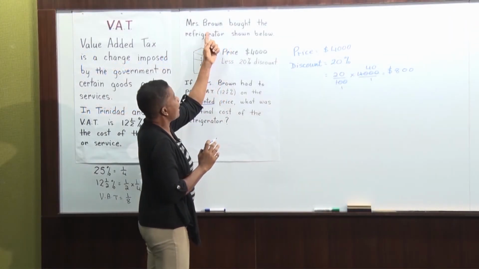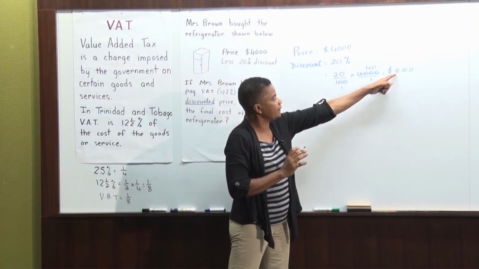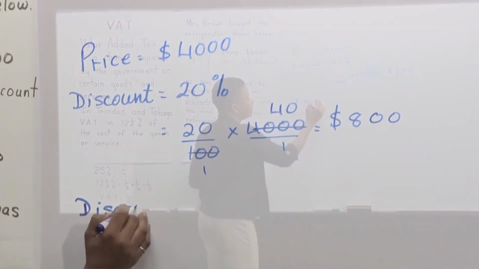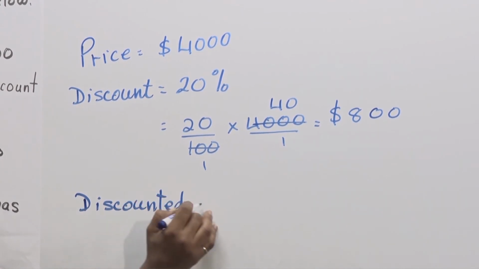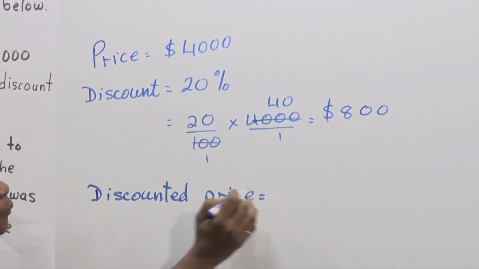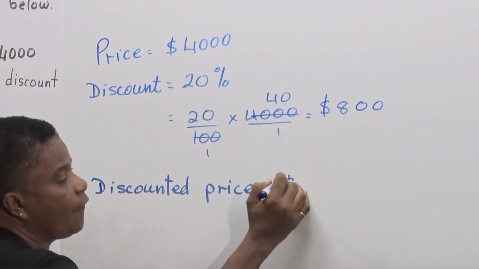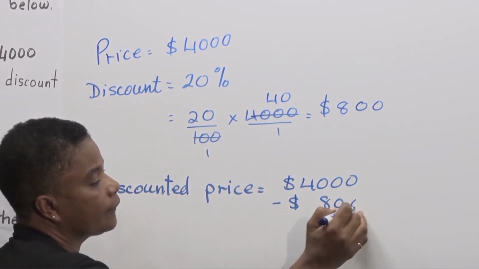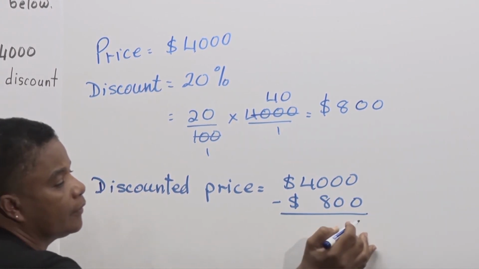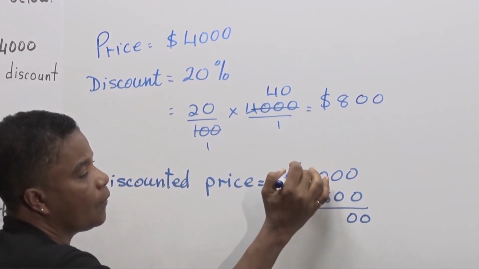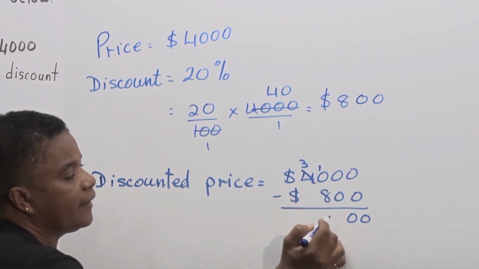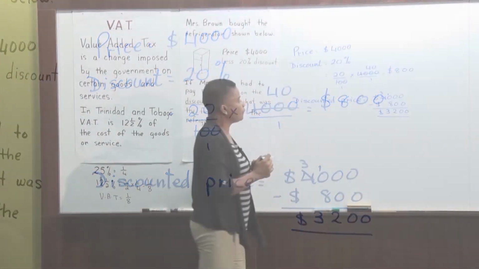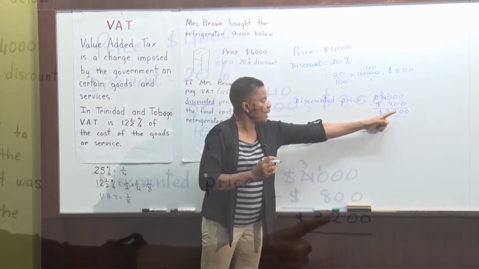So Mrs. Brown is getting a discount of $800. So let's work out the discounted price. So the discounted price would be, yes, the $4,000 less $800. Let's subtract. That will give us 10 take 8 is 2, and that's the 3. So the discounted price would be $3,200,